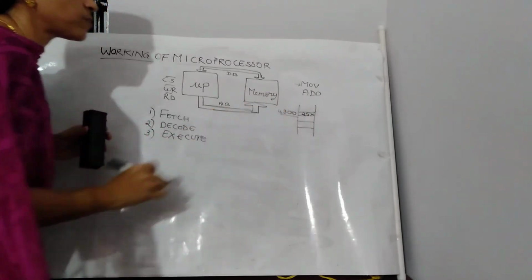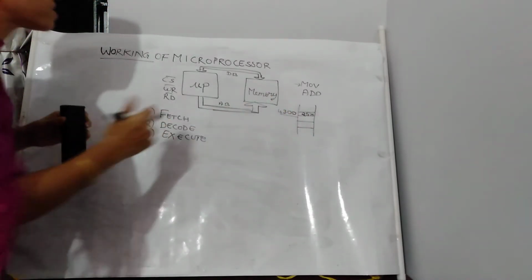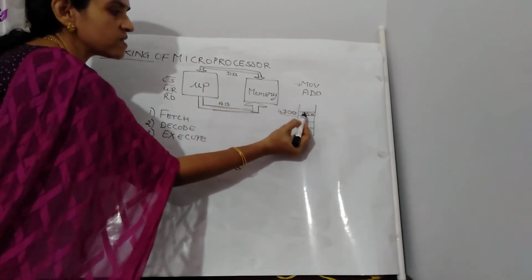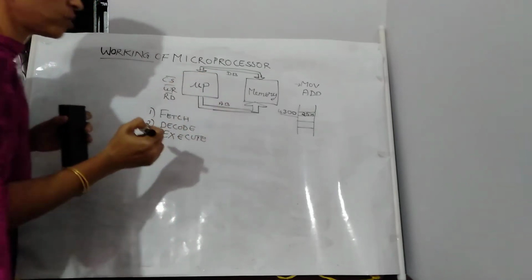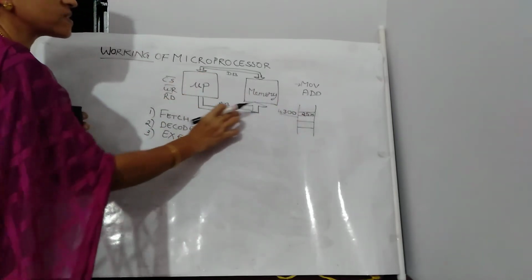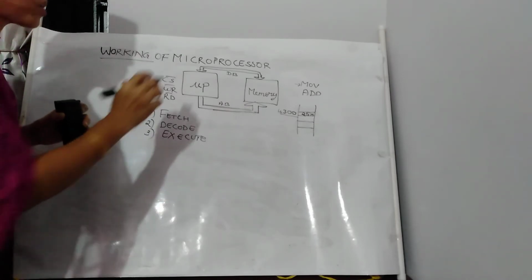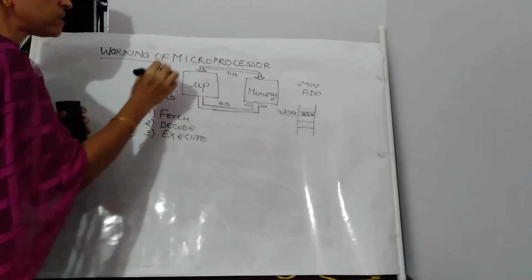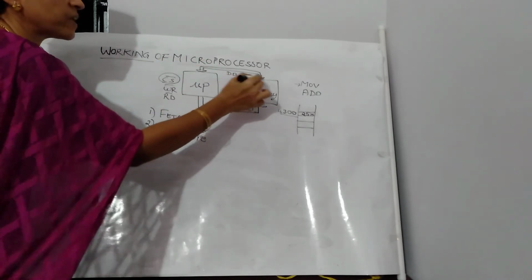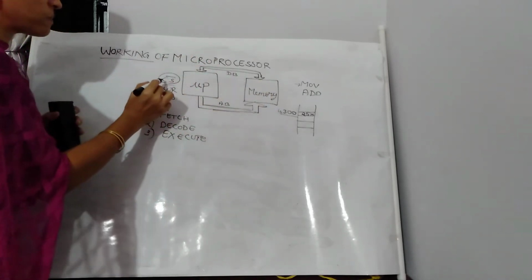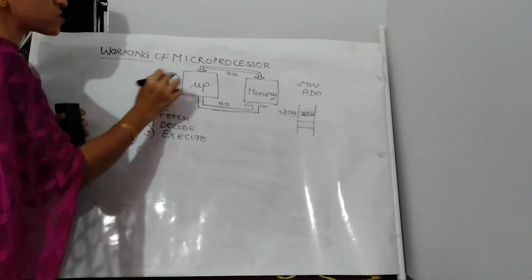So what is the process? First it will fetch the instruction. So first the code has to be fetched. So the microprocessor will fetch the code. How it will fetch is, first it will send the corresponding address on the address bus. Also the chip has to be selected. So first chip select has to be low. Okay, that is done. That is the memory has to be selected. So memory select signal is chip select and that has to be low.